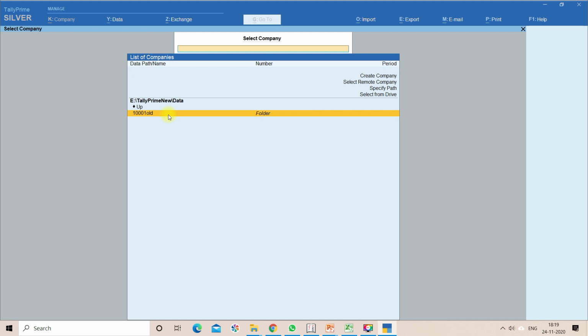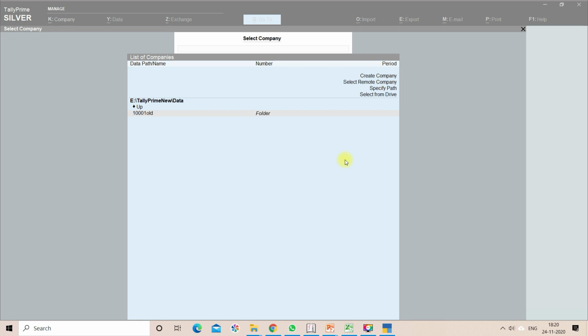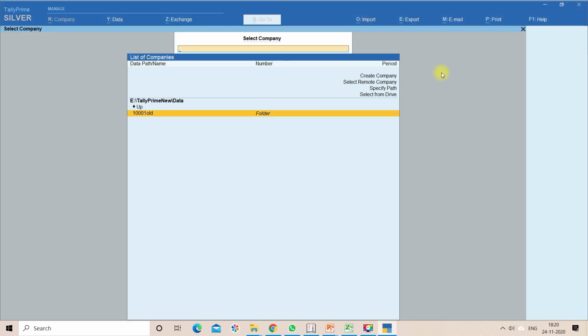Either we will give a suffix or we will rename it to a different folder name. It may be alphanumerical or numerical, less than 5 digits or more than 5 digits. I can duplicate that particular company folder and remove the suffix from that company folder.